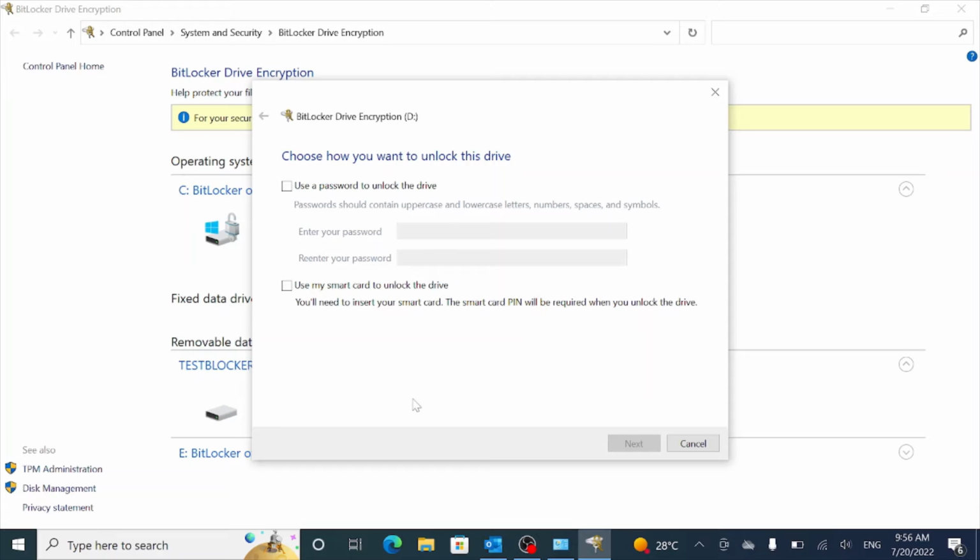So I get to the next screen, which is how do you want to unlock this drive? Like, what do you want to use as the encryption feature? So we have two options. We can use a password, or we can use a smart card to unlock the drive. So to keep things simple, we'll just use the user password to encrypt this USB key. So I go ahead and click this toggle button,